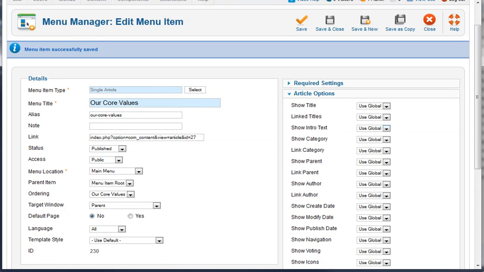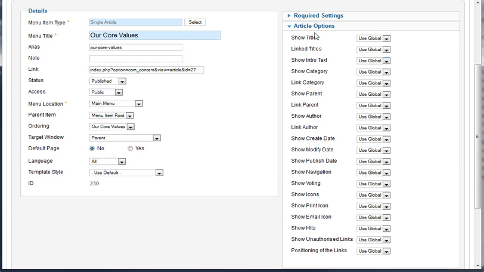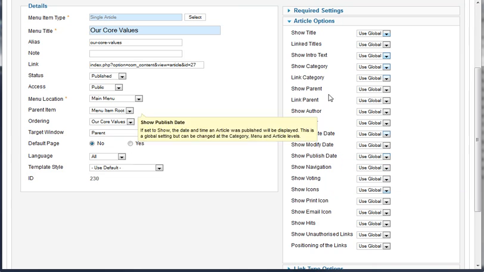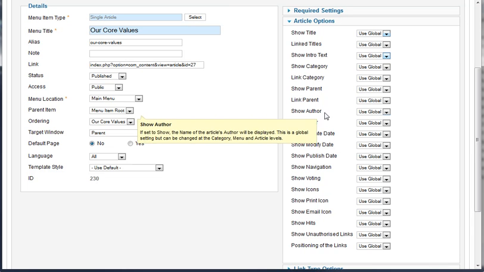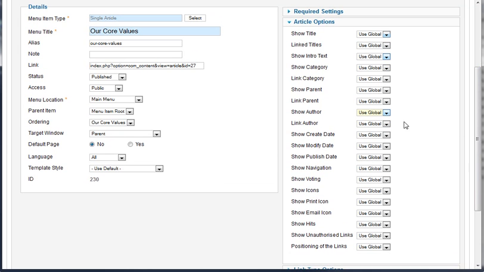Here's the article options. This is where we can start to override the global article settings that we set earlier. Are we going to show the title? These are pretty self-explanatory. So if you start to change these at this level, make sure that you maintain some sort of consistent practice of doing that, because sometimes what will happen is if you override these settings at the article level and then you come back and you change them here as well and they're not consistent, you might get confused as to where the change was made, and you might be confused as to say, man, why is this showing the author's name when I don't want it to? And you've got it set in two different places, at the article level and at this menu level,